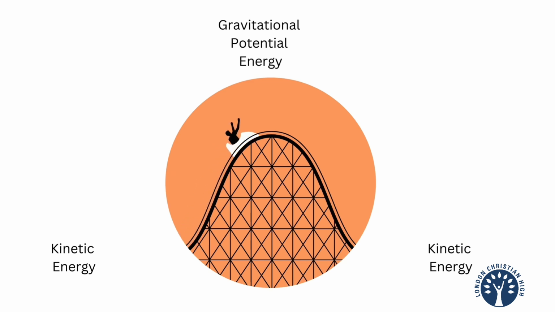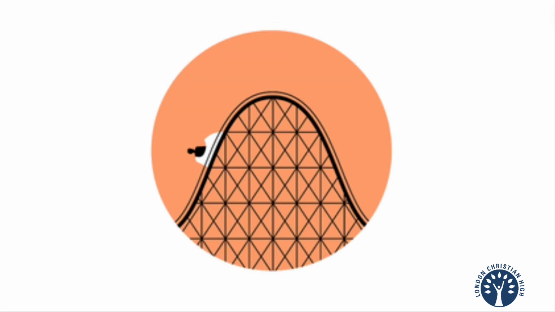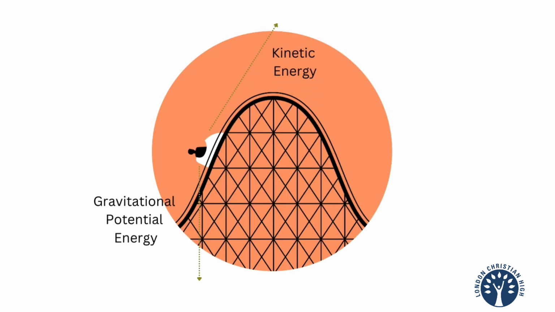Consider a roller coaster. Essentially, the same thing is happening as with the bike, but with a roller coaster, there could be lots of different heights. The important thing to keep in mind is just that whenever there's a height, there's going to be gravitational potential energy, and whenever there's movement, there's going to be kinetic energy. Let's say that the roller coaster is partway up the slope or partway down the slope. Because there's that height as well as that movement, there's going to be both kinetic and potential energy.